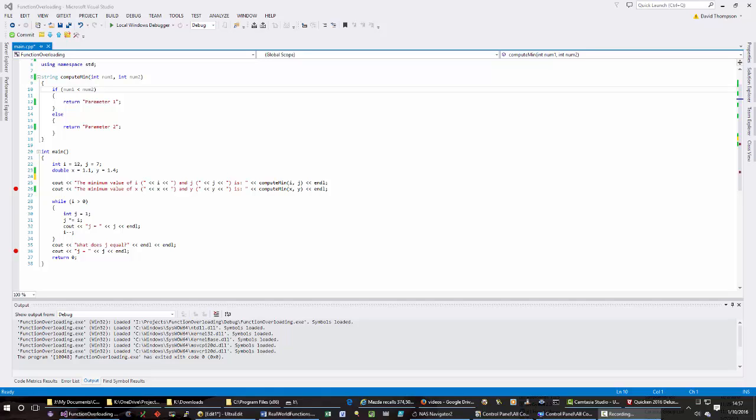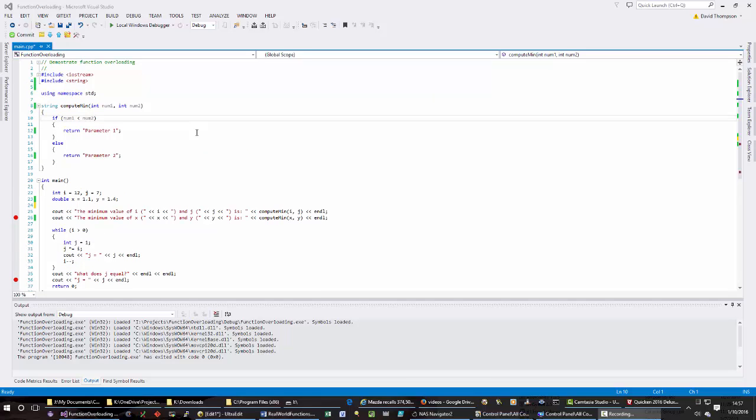To conclude our discussion of functions, I want to talk about overloading functions and a little more about scope. You should have already reviewed the first 4 videos on functions prior to watching this video. Let's get started. I've created a program here